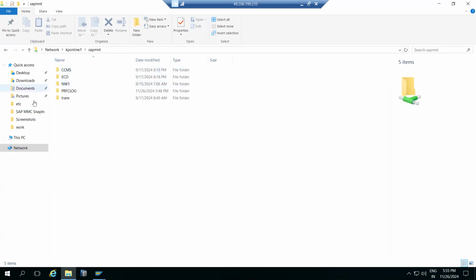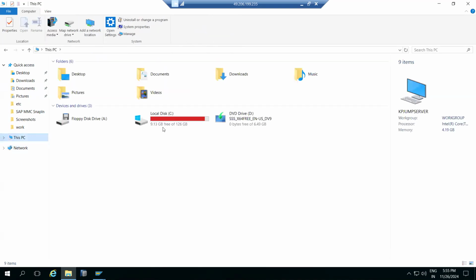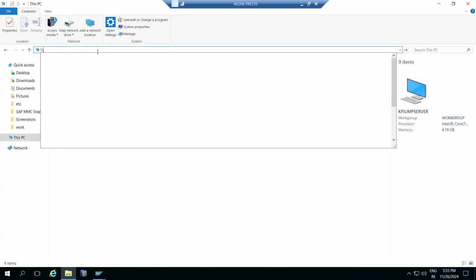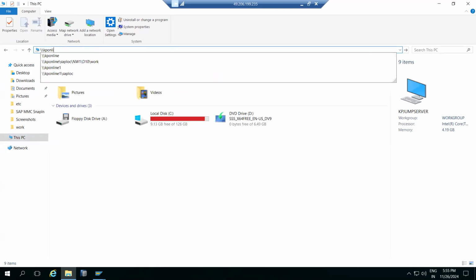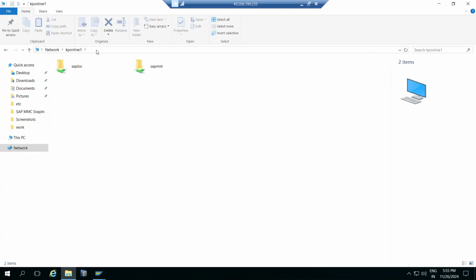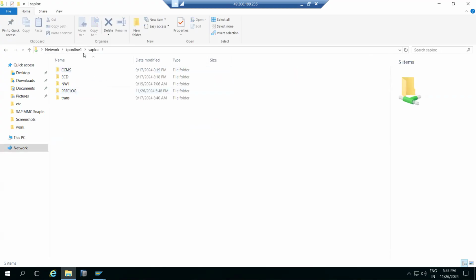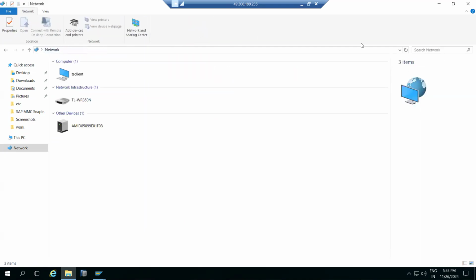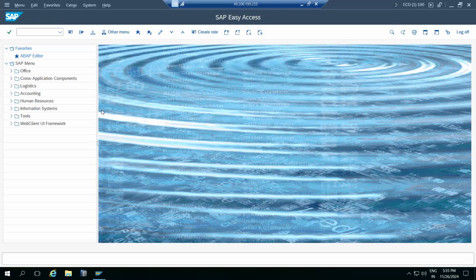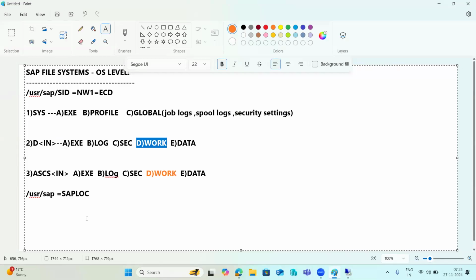Because you are on the jump server, from here also you can access it. What is the host name? KP online one. Just enter KP online one, then you will be able to see all the folders and files here. You can use that here. So that is the file systems, a small topic. The next one